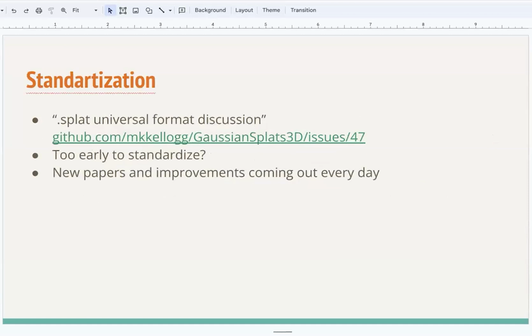The other thing, probably finally somewhat related to this whole forum, is whether a file or interchange format for Gaussian splats should be developed right now. And I don't know the answer to this question. There has been some online discussion among open source Gaussian splat, mostly JavaScript and WebGL based viewers, about how they should settle onto some file format that is smaller than the full PLY, because especially for web cases, the file size actually matters.